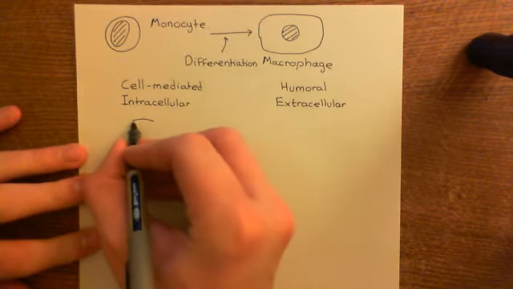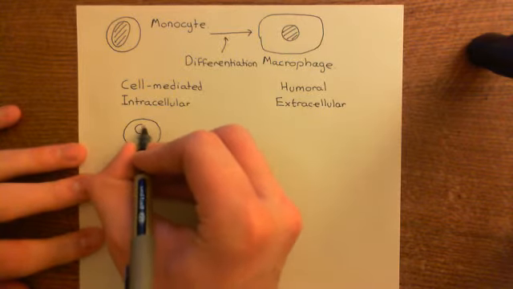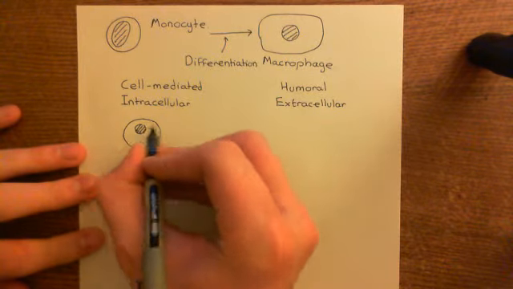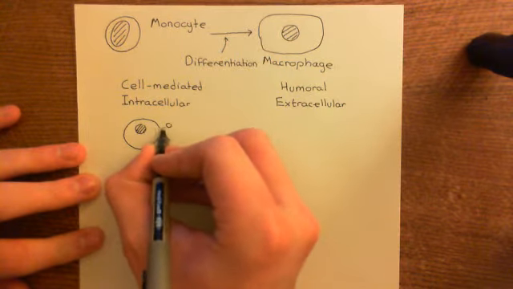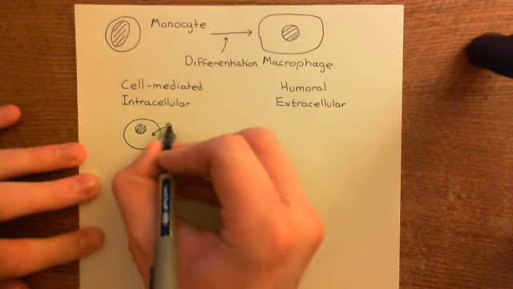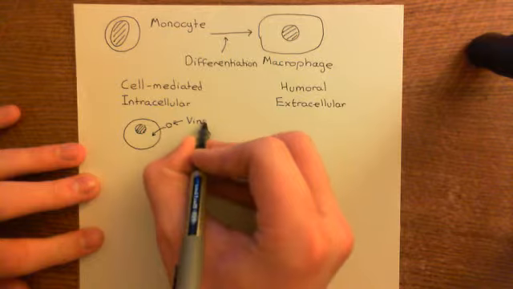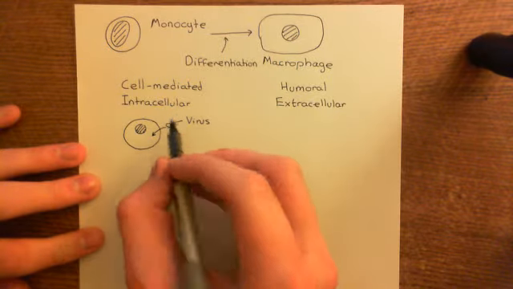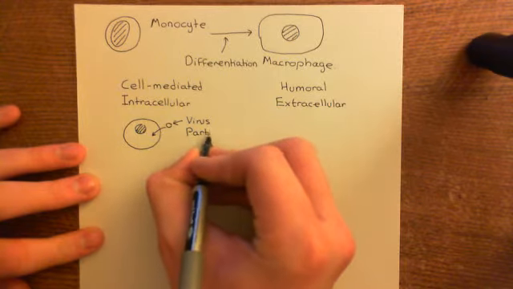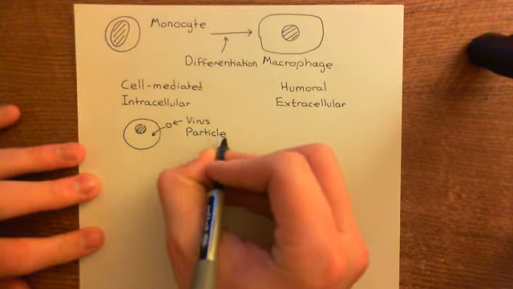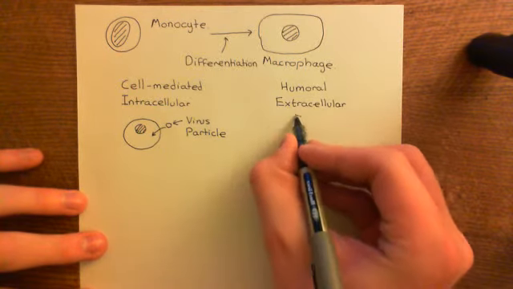So if we've got a normal human cell here, what's going to happen is that viruses are going to go into this cell. So let's say we've got our virus here. Basically, the virus is going to end up inside the cell. So this is the virus particle here. It's a more extreme infection because the cells of the body are actually going to be infected by the pathogen, whereas other pathogens,